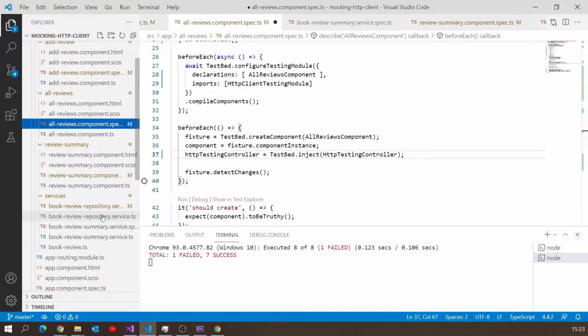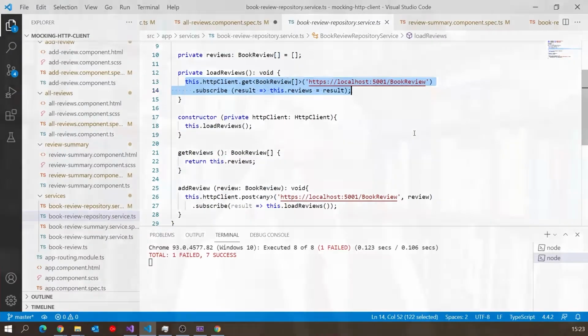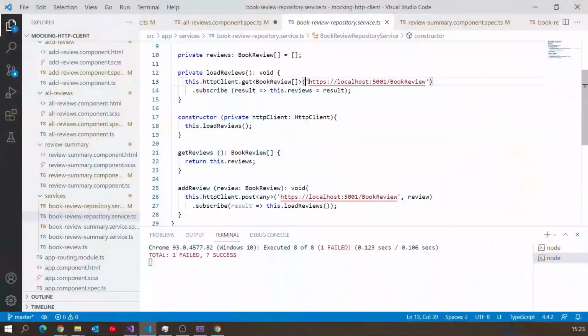So remember, if we look at the actual repository, we can see that the constructor calls load reviews, and that is where we make our request back to the server, if we've got this configured for the real application, or to our mock HTTP client if not. And what we need to do is check that it's gone to the right URL, that it's a get operation rather than a post. We'll look at the post later on. And then when it does that, we've got to make sure that we give back, as a result, that mock data that we were just looking at.